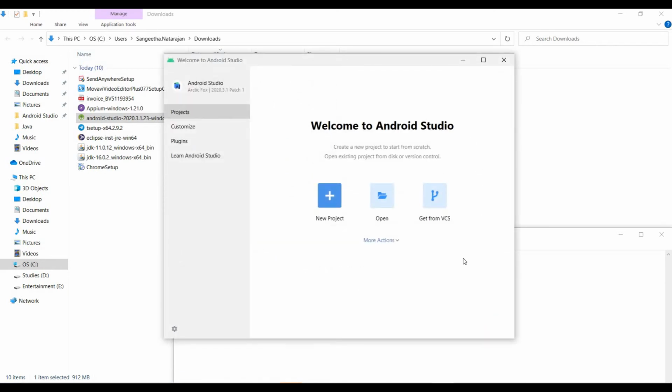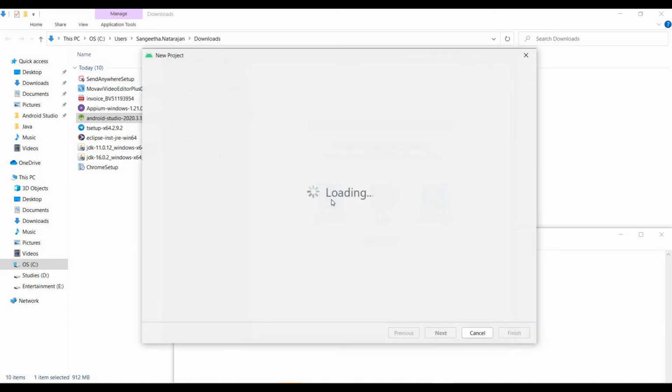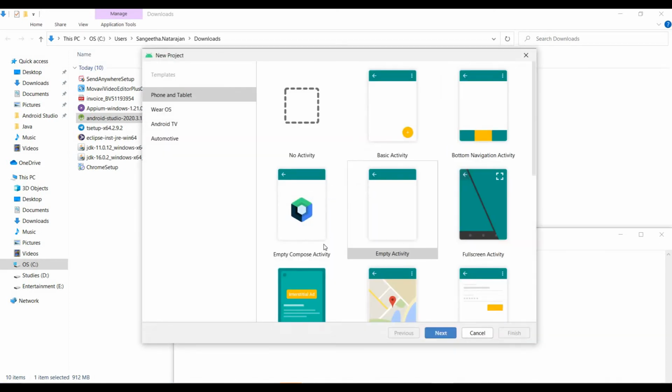So this is the Android Studio welcome screen we are getting. Now we have to start creating a new project. Click on this new project option. There you are getting different options, which are no activity, basic activity, and so on. Here we are using Android Studio for creating an emulator, which is called a virtual device, right? For that reason only we are using Android Studio. We are not developers, so in that case I just select no activity.